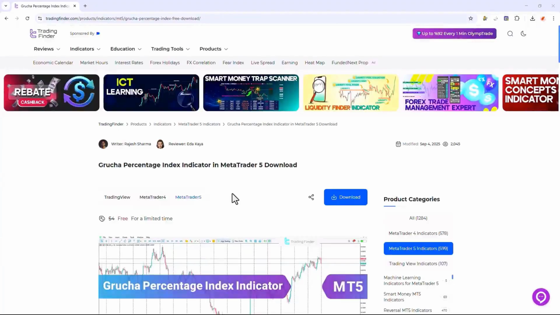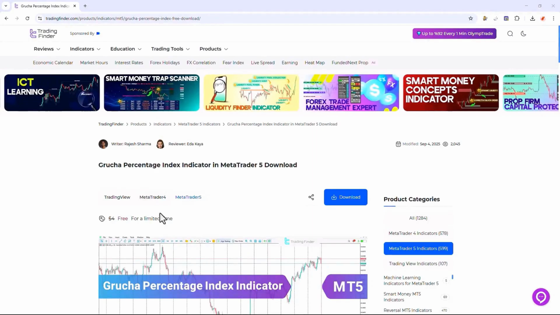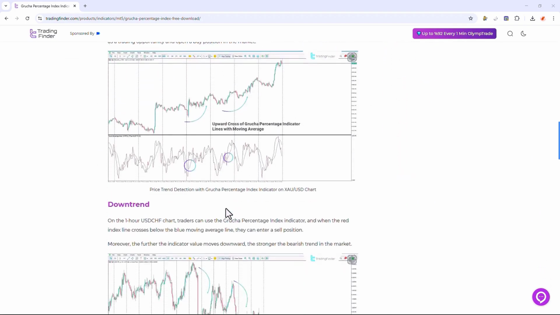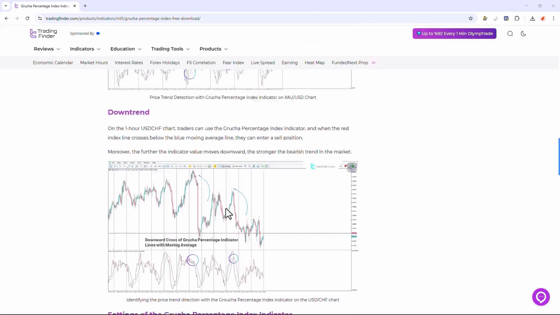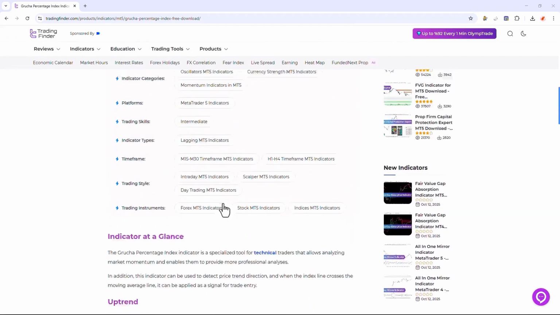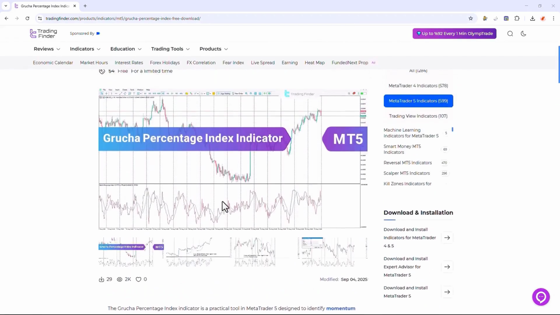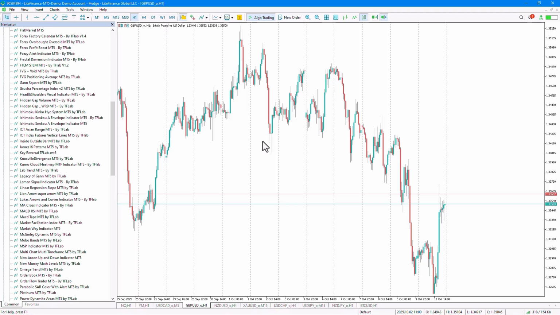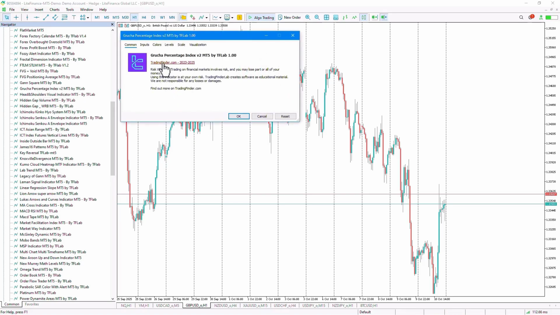The Grucha Percentage Index Indicator is available for various platforms on the TradingFinder website. Traders can download the indicator file for MetaTrader 4 and MetaTrader 5 platforms from this section, and to learn about how the indicator works and its functionality, they can read this page. From the Navigator section, we select the indicator file, and by dragging the file onto the chart, we run the